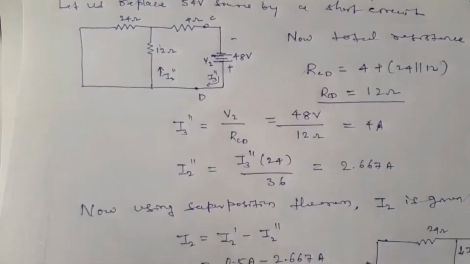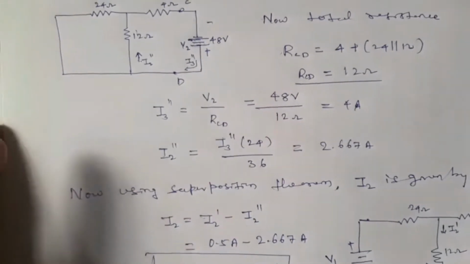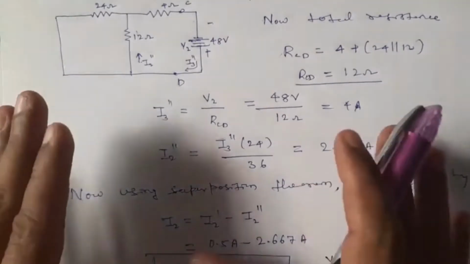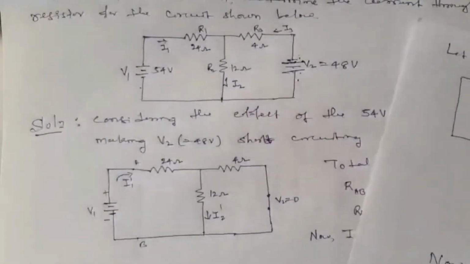But consider, dear students, if the network is very complex. When a network is very complex, handling that complex network using our basic methods is going to be tedious and lengthier. In such cases, this particular superposition principle, this particular theorem, is going to help us analyze the network in simpler terms. And one more thing, dear students, for example, I want to vary the current.